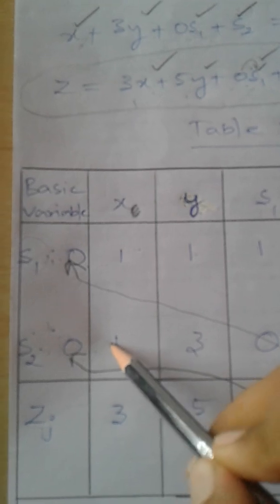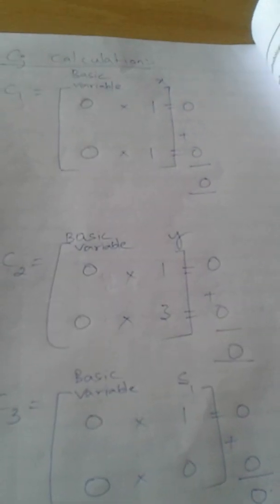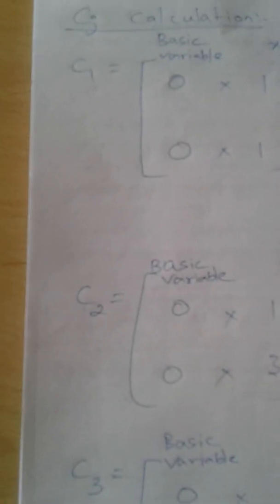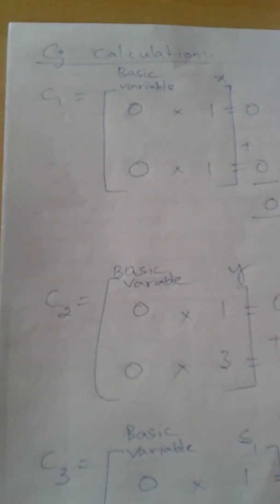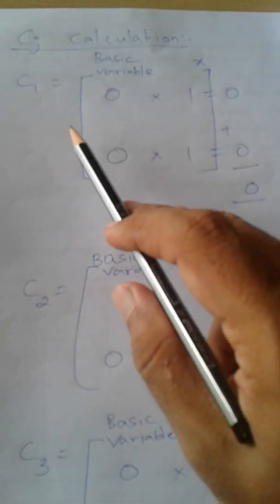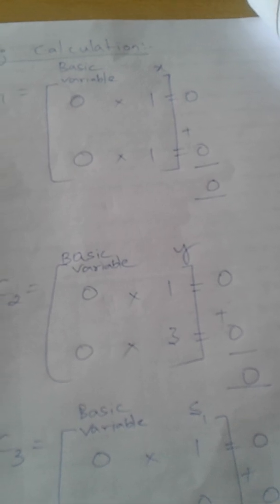Okay, so that is the reason these two are considered as 0. So always remember, for the basic variable coefficients we have to consider the coefficients of the profit equations. Alright, so going ahead, next we have to calculate C and Zj minus Cj values. C values are nothing but, I'm just going back.